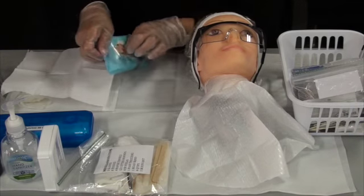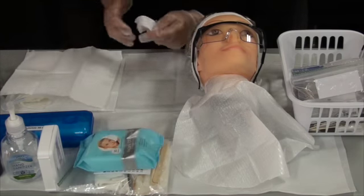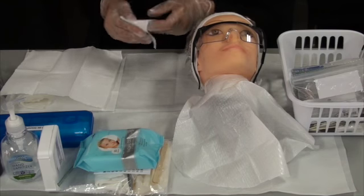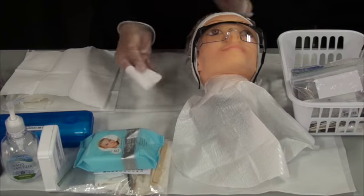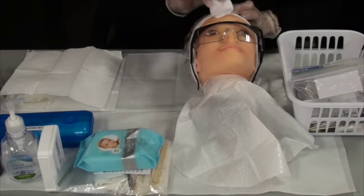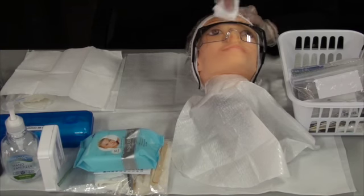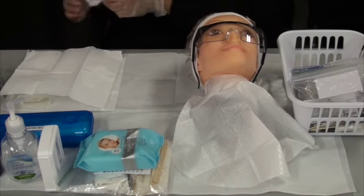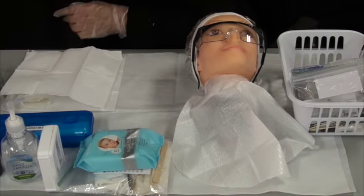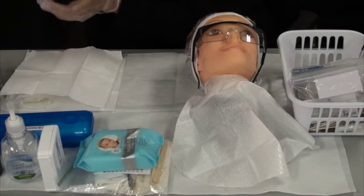Take out one of your facial wipes. Fold it into a pad. Approach. And now you're just wiping the area clean. Dispose of the facial wipe. And now you're ready to remove your gloves,